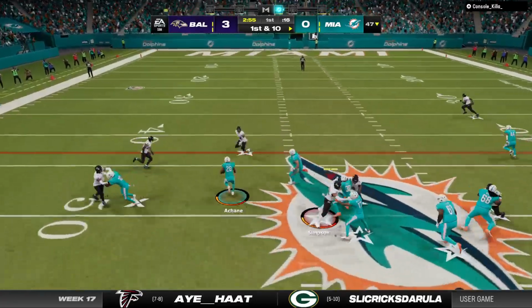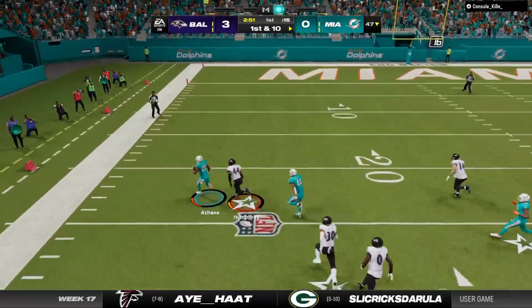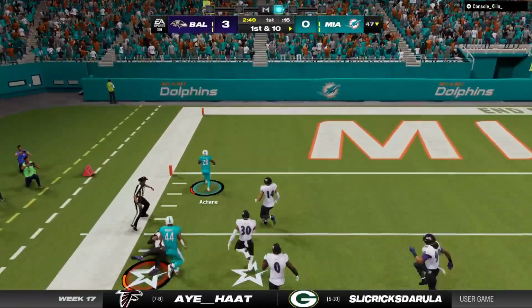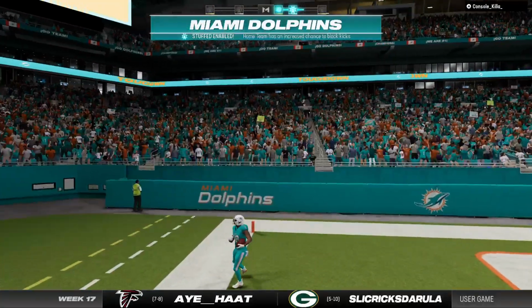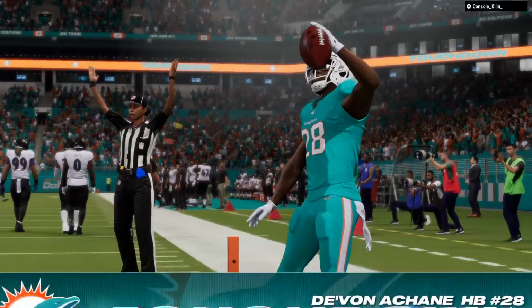A-Chain on 1st and 10. But he's free going down the left side. It's a foot race. And all the way in for a Miami touchdown. Devon A-Chain,